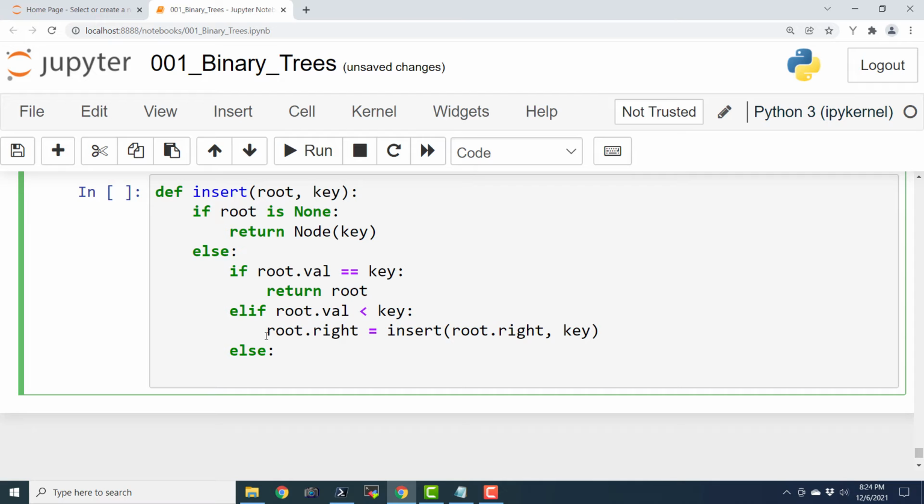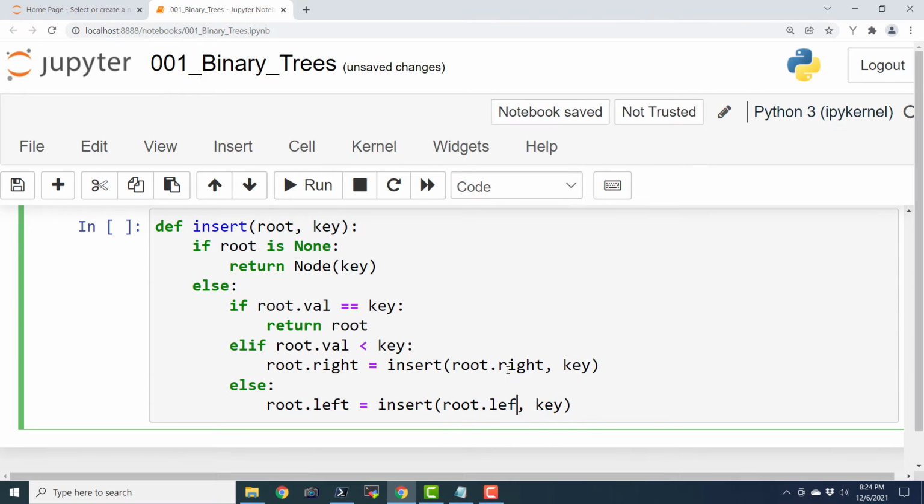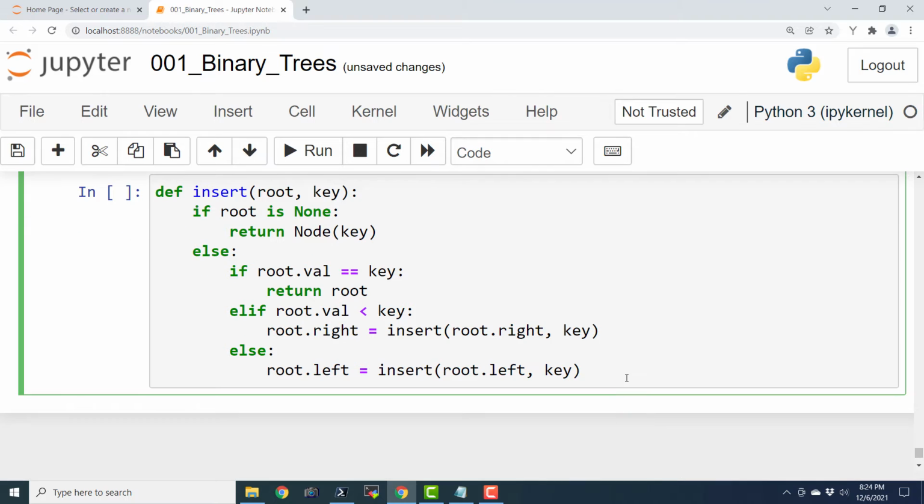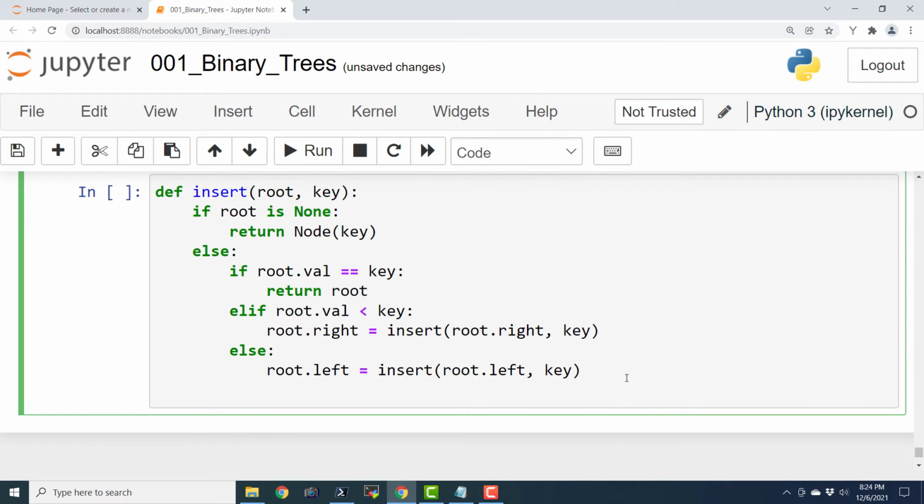You must have guessed the else part. That is very easy. Left, and then let us say return root.